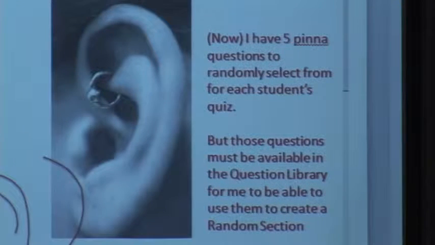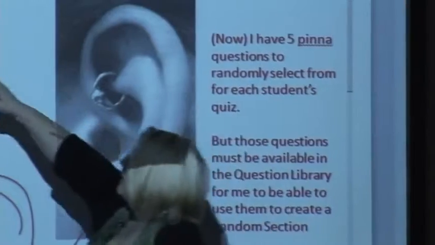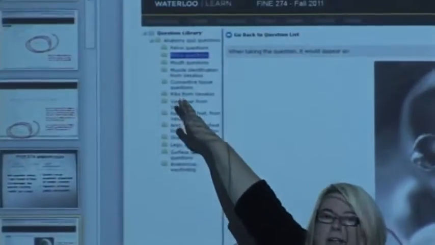That's lovely, and I want to be able to randomly select one of those for each student's quiz so that academic integrity is preserved and everybody gets to have an adventure, and I don't have to pick my favorite external feature of the ear. But those questions have to be available in the question library